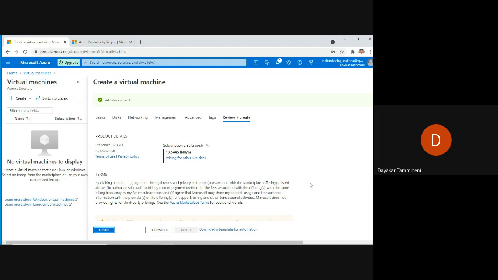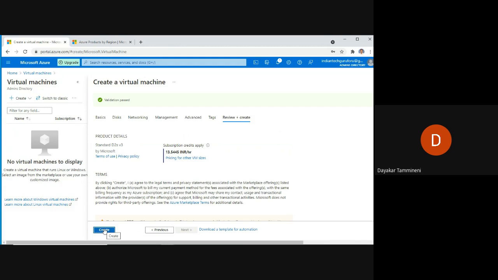So what is the next step while creating a virtual machine? Please, anybody give response. Creating, sir. Yes, very good. We just need to click on create. That's it. The virtual machine will be created successfully.